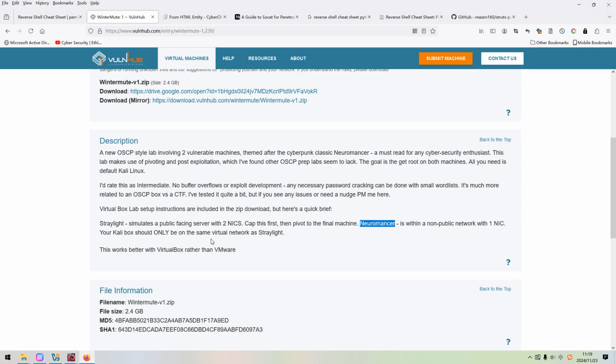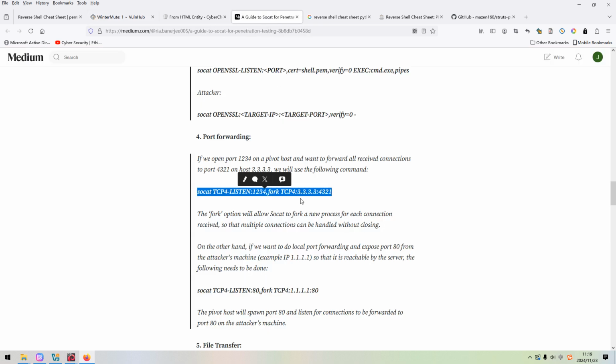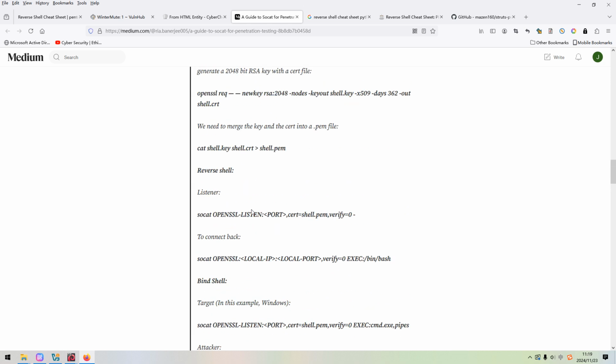This command, to be honest, is a bit complicated, so I always use Google to get some help. For example, this is a site I use a lot when I want to get help for SoCat. As you can see here, SoCat is a very powerful utility.